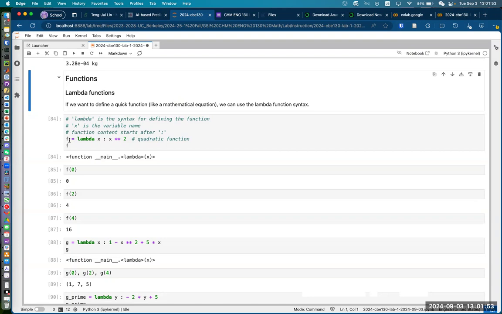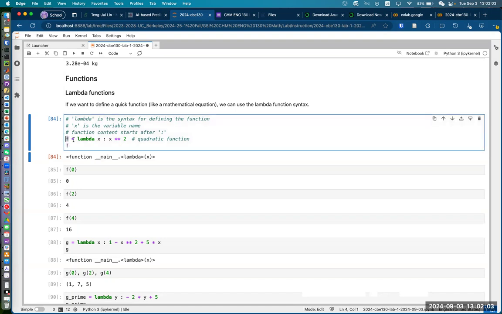So for example, the function syntax, if we want to have f of x equals x squared, it will go like: f is the function name, assigned to a lambda function with variable x, and then the colon is a syntax, colon x squared. This will define a quadratic function for you. So think of it as,